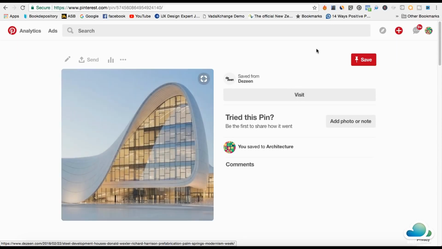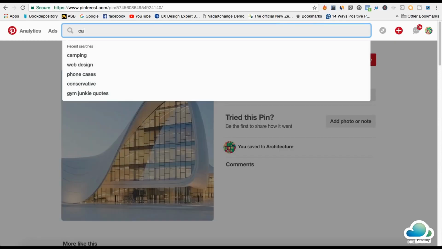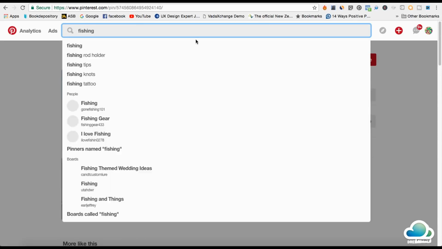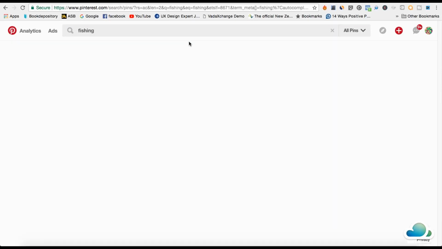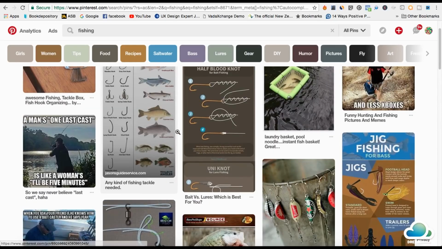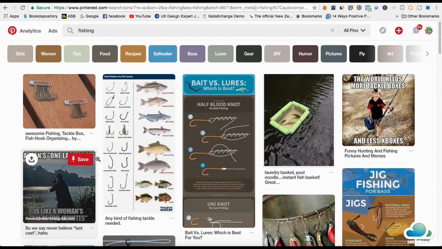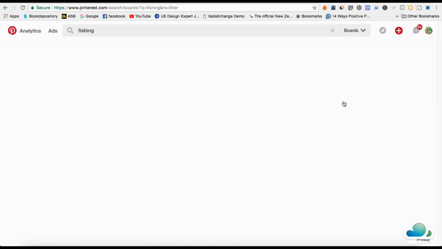So I'll just go over it again. First thing you do is you come in here and search. Let's try one more thing, fishing. I'm going to start fishing here, and this can work on any niche. What I'll do is pin about 20 of these pins or images, just to make it look legit, make a board about fishing. Then what I'll do is go into the boards right here,